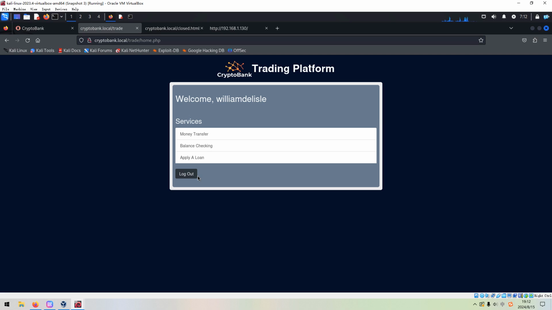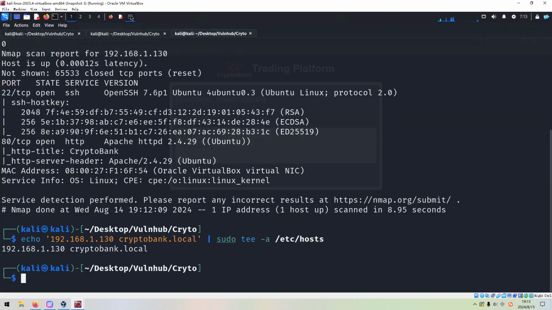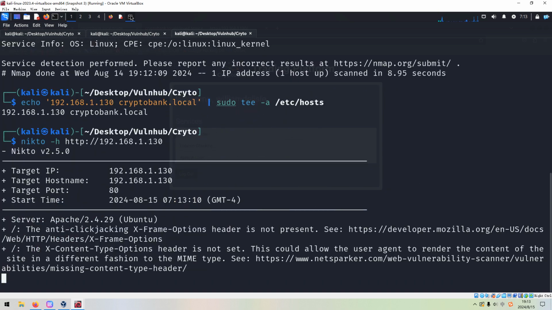So afterwards, we can try to dump data from the target with the utility sqlmap. Okay, but before I do that, I'd like to do the enumeration. I think the enumeration is the key or the base for the further exploitation. For example, we can use Nikto to do the automatic enumeration to begin with.